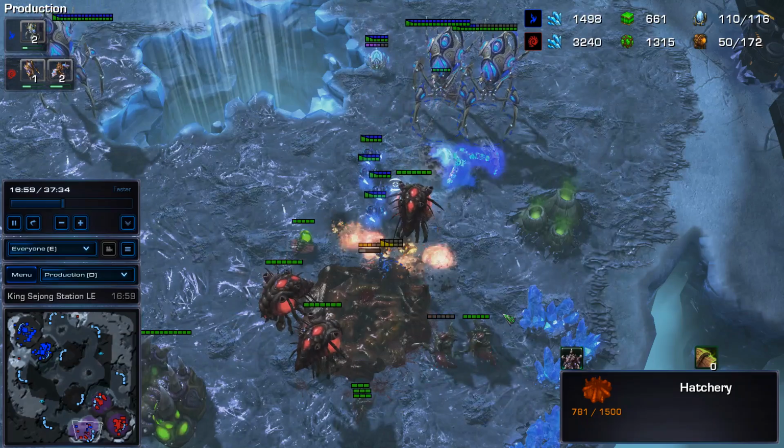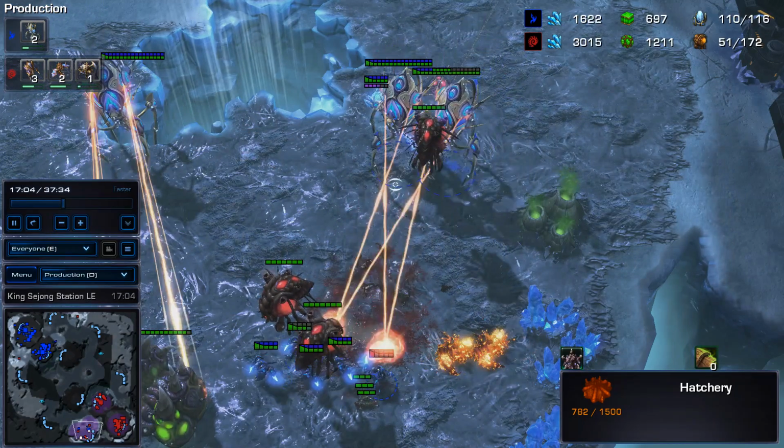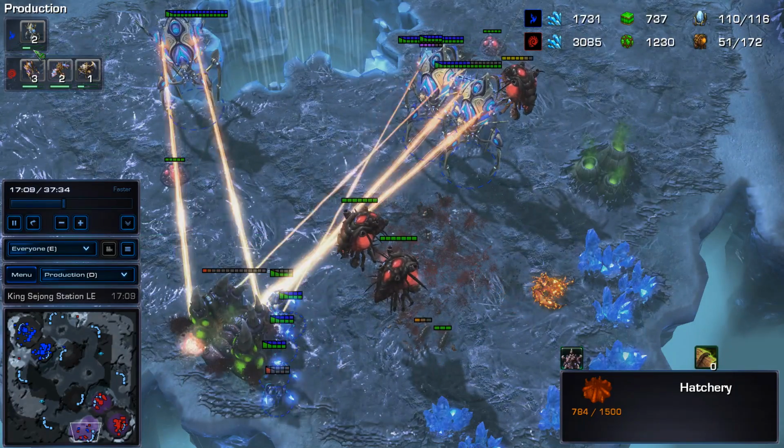He was focusing the hatchery, so I lost that. But those 2 Hydra were able to go unimpeded, softening up. But still, I mean, he has 3 Colossus, Zealots. Yeah. He's still sending stuff down, and I don't know what...